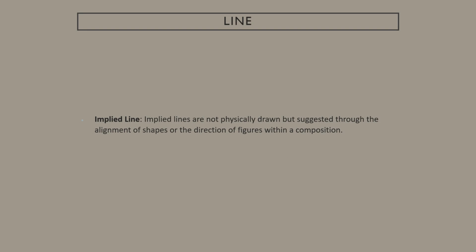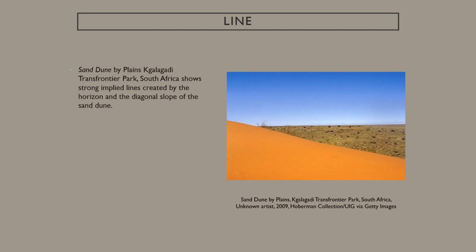All right, so implied lines. These are lines that are not physically drawn, but are suggested through the alignment of shapes or the direction of figures in a composition, right? So they're not actually there, but they're there, right? So in this sand dune piece by Plains Galagadi,